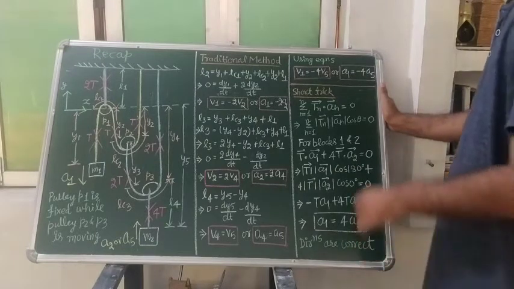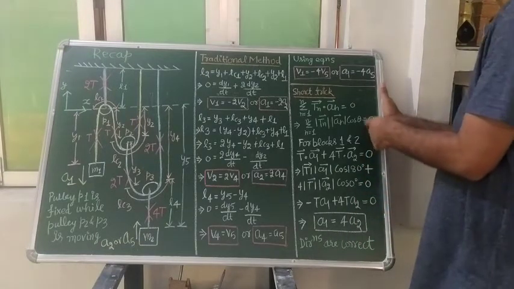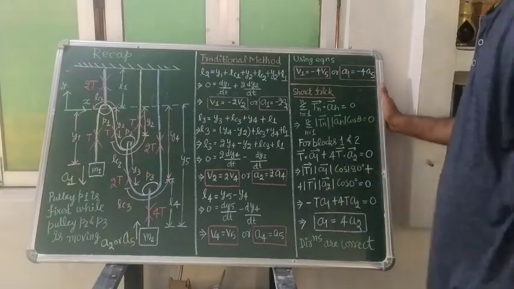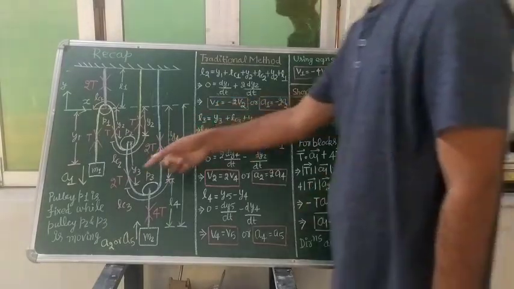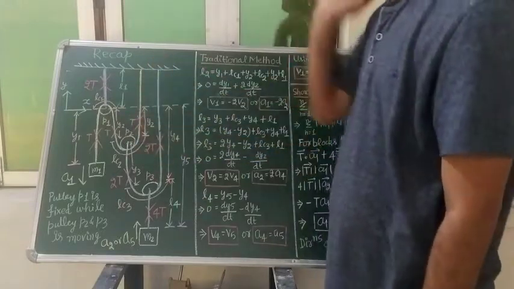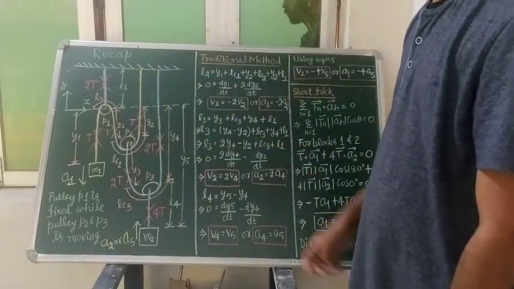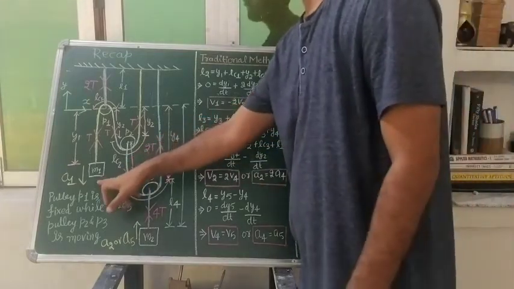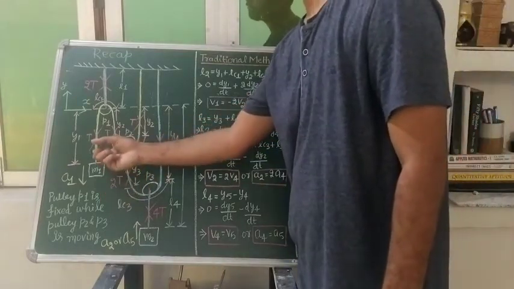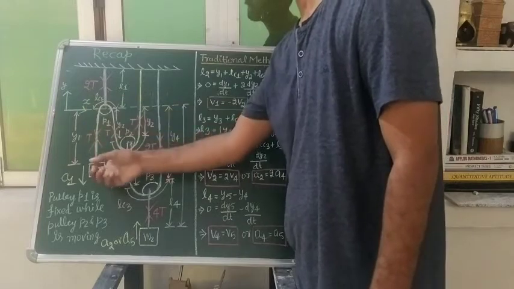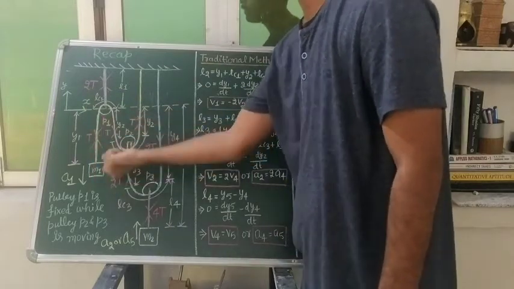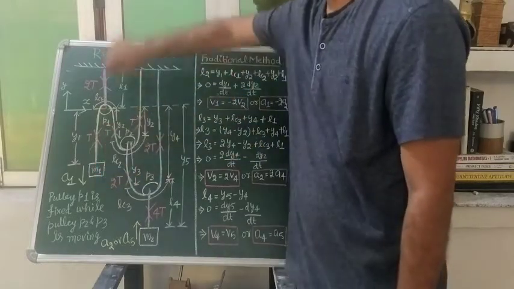Okay. Then after we are looking at the tensions and accelerations here. So for that, students, what will we do? We will find out the tension in the strings. So when we find out the tension in the strings, we will select M1. Suppose we say some tension T is acting upward. The tension T is acting here. It will be along this string and it will have a pulling effect like this.